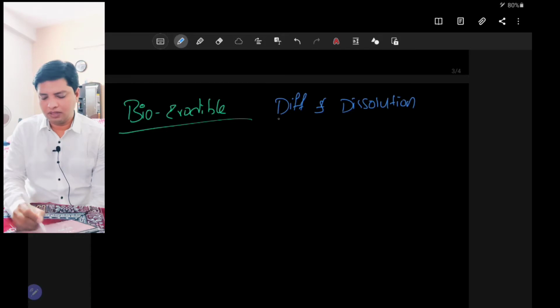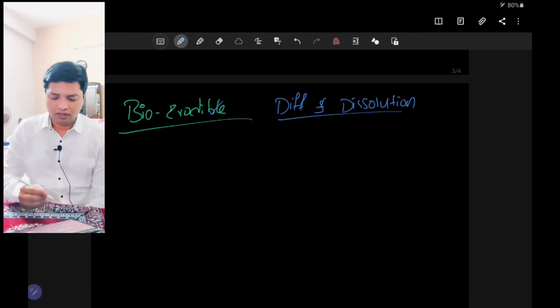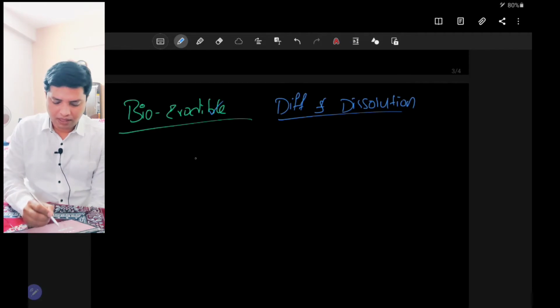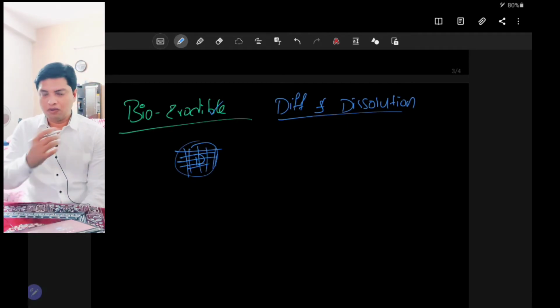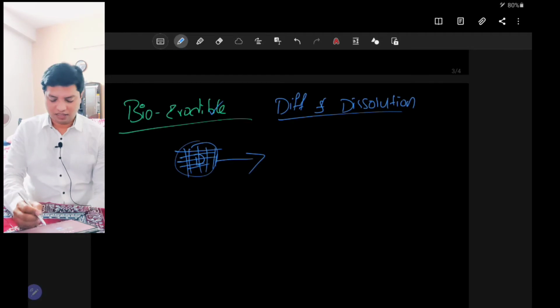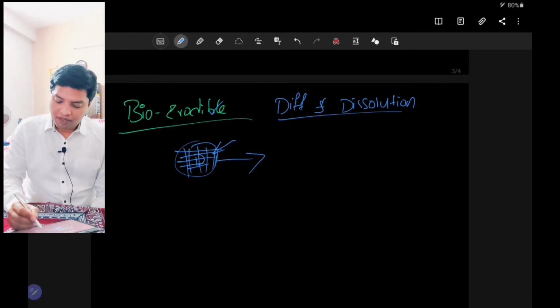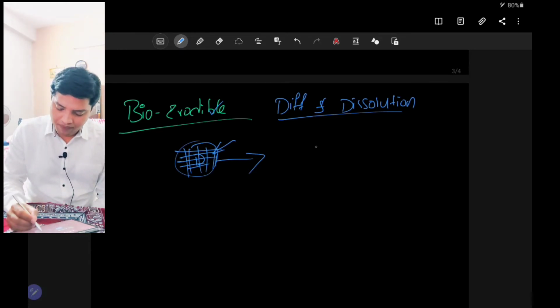How can we do this? The name says bioerodible, in the sense the polymer is going to erode. So what I will do, I will put the drug in the polymer. I will prepare a matrix system, I will put the drug in the polymer. Now when this tablet enters the biological system, what happens? Once the water comes in contact with this, the polymer will slowly erode